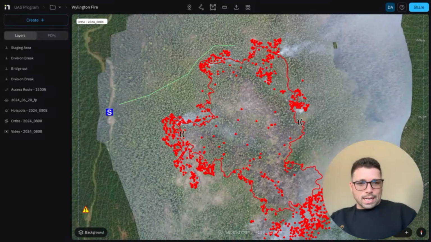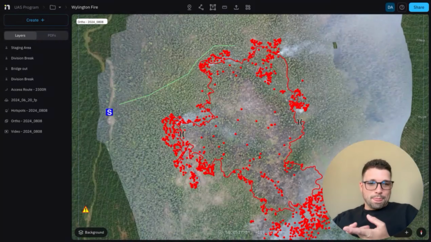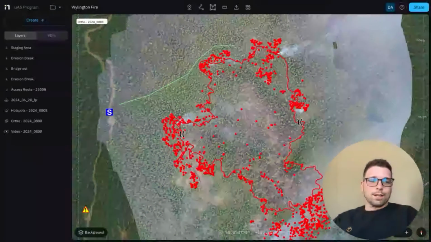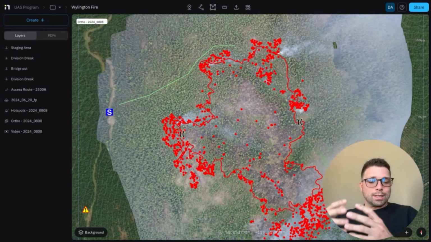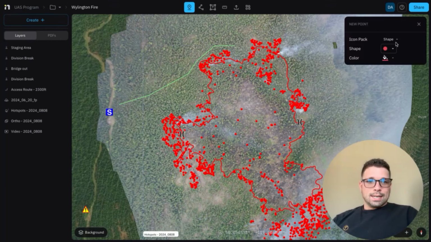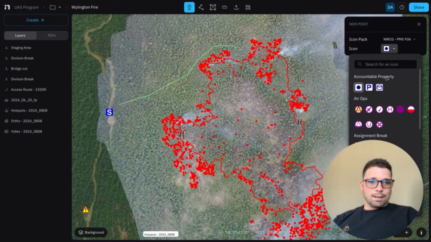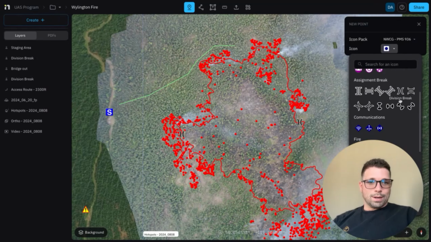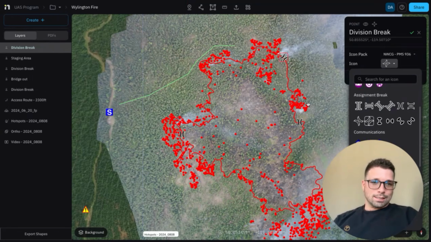Okay, everybody, now that we've covered the ATAC integration, the final update I want to talk about is a small one, but specifically targeted to our fire clients that are trying to build NWCG grade products with our application. On this fire, we have a few division breaks that have been added to this map to bolster it. If I go into my NWCG icons, we can see that for all the breaks, we've added different orientations. That way I can add a div break along a perimeter that matches the angle of that line